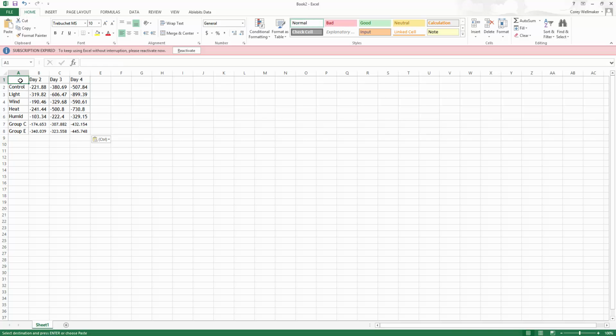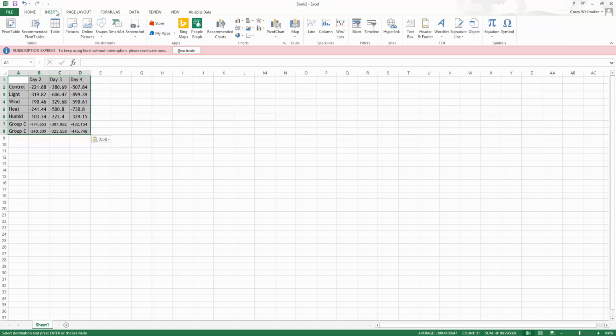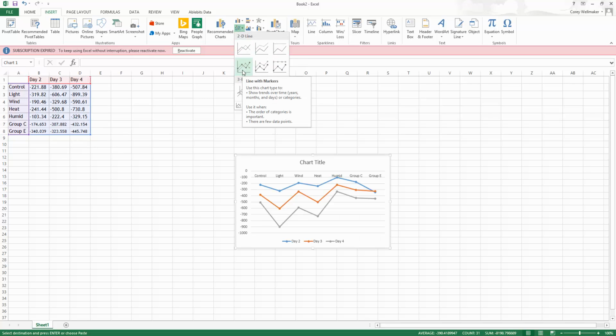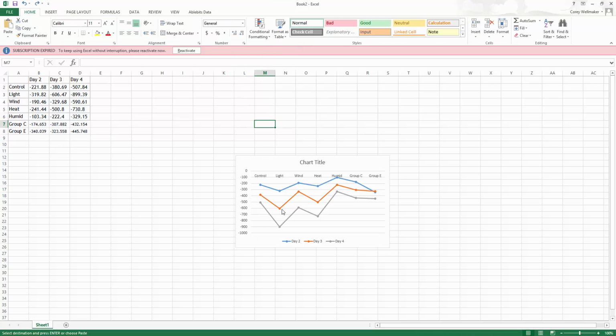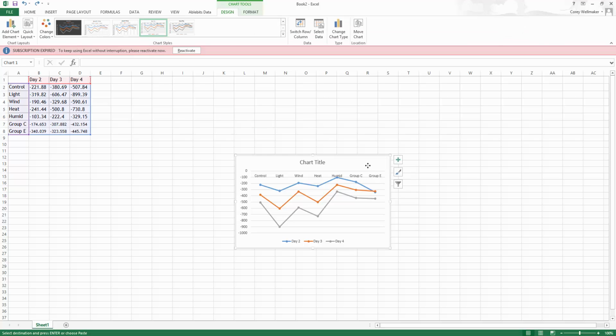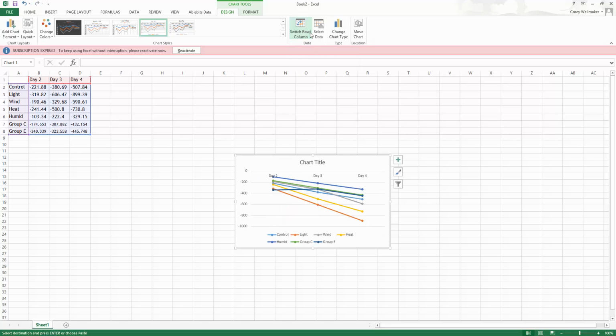In order to create a graph, I can highlight the entire data table. I can click Insert. I want a line chart, and I want there to be points where the actual data points are. Now, what we want on the x-axis is not all of the different experimental conditions. We want time on the x-axis. So I can click on the graph and I can click Switch Row Column and get time or days on